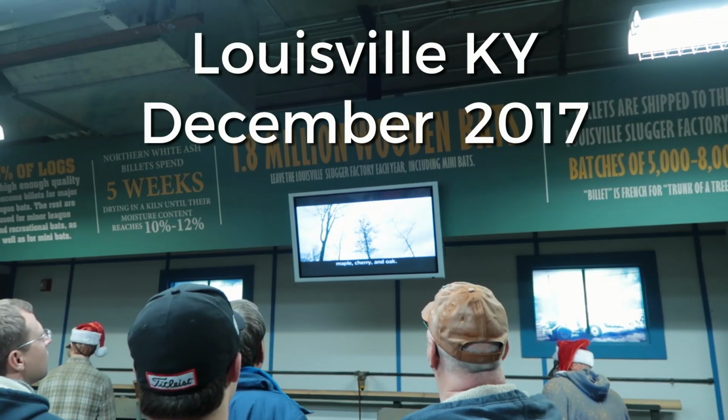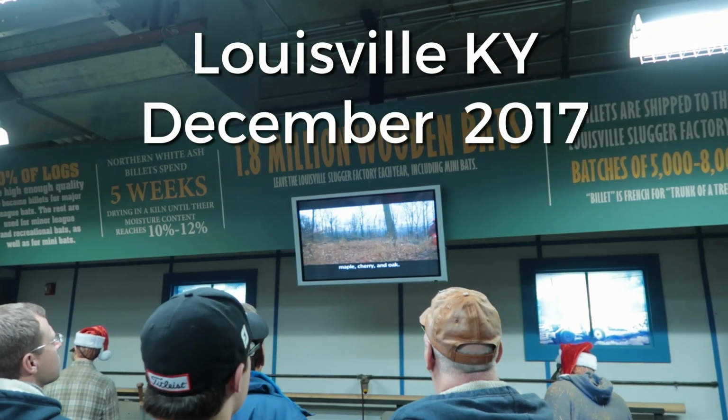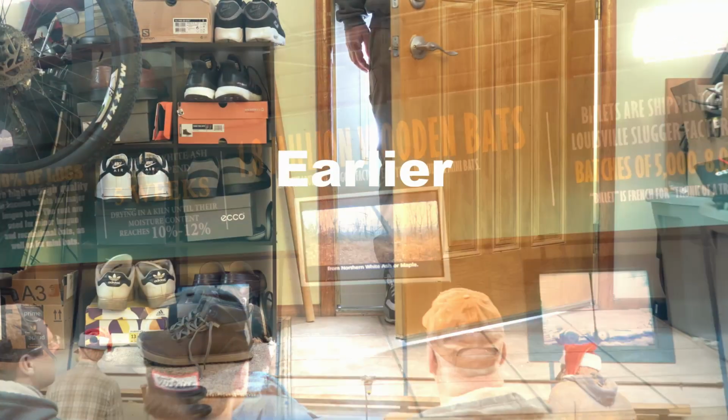like ash, maple, cherry, and oak. Today's baseball bats are either made